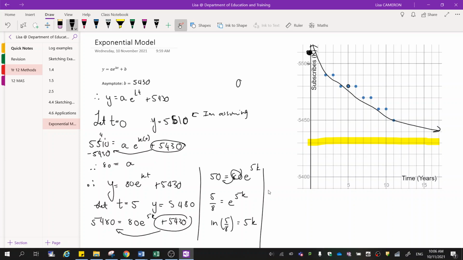Finally, to find the value of k, all I have to do is divide by 5. So k is equal to (1/5) ln(5/8). I'm going to leave it in exact form so that I don't get rounding errors later on. So the exponential model that we found is y equals 80e^((1/5)ln(5/8)t) plus